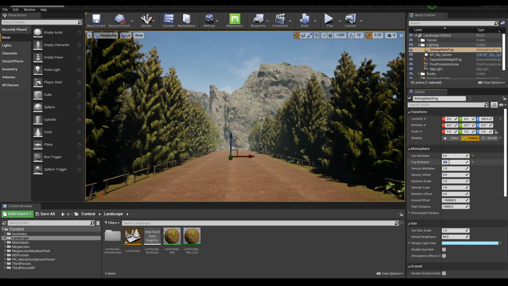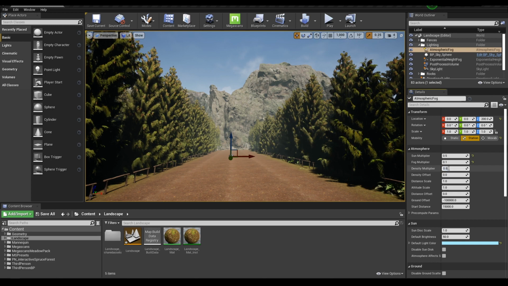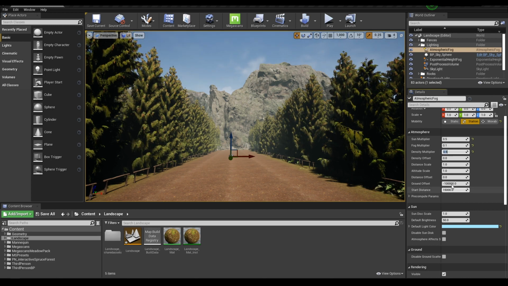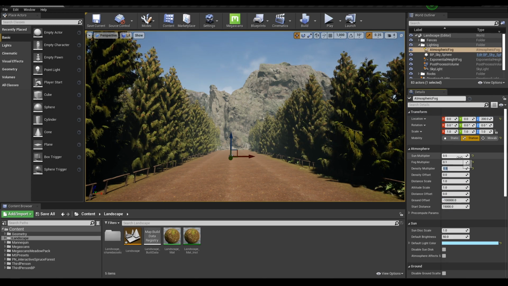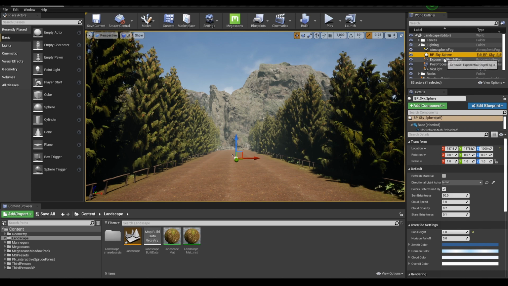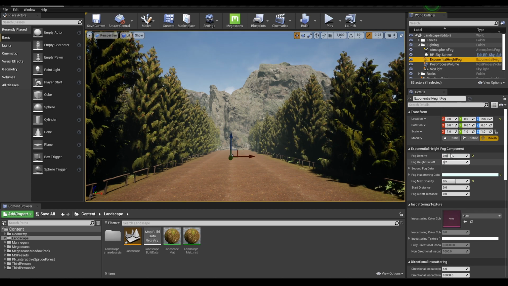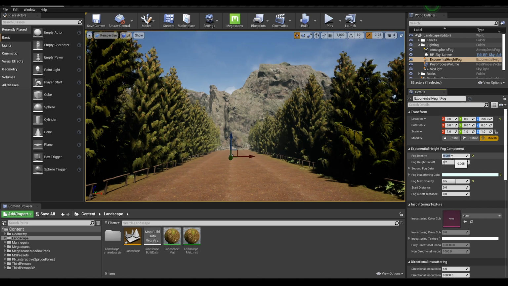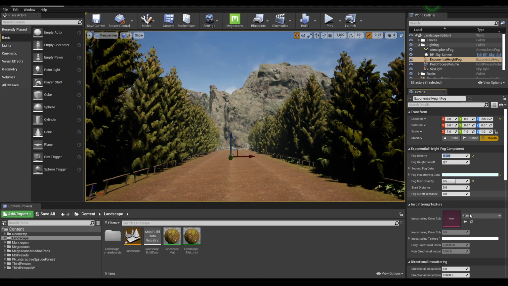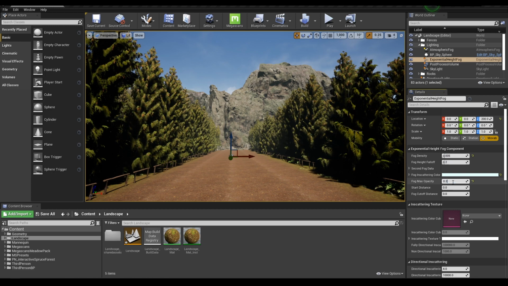Fog multiplier 0.1 and density to 0.5. Go to this exponential height fog and decrease the density 0.005 and max opacity to 0.2.